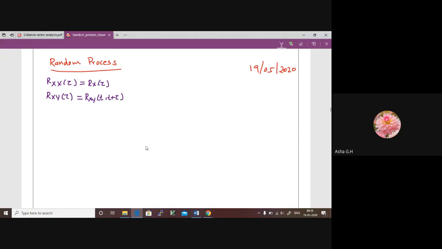Okay, and also we discussed a standard numerical on cross correlation, autocorrelation and finding out the mean. We took this example y of t, where y of t is a random process, and this is represented by a cos omega t plus theta, where a and omega are constants and theta is a random variable. This is what we discussed.